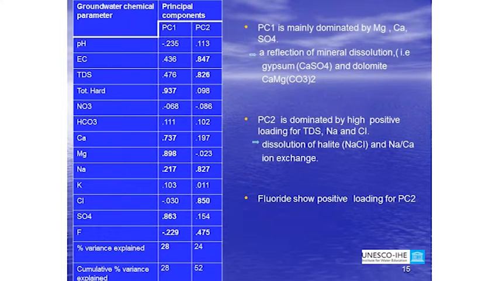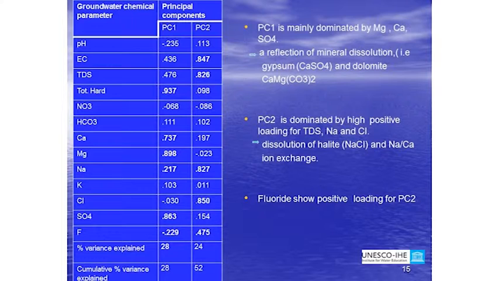Principal component 1, like I said, has high loadings for calcium, magnesium, and then sulfate. The interpretation of that is that it indicates mineral dissolution, that is the dissolution of gypsum and then dolomite in the aquifer area,